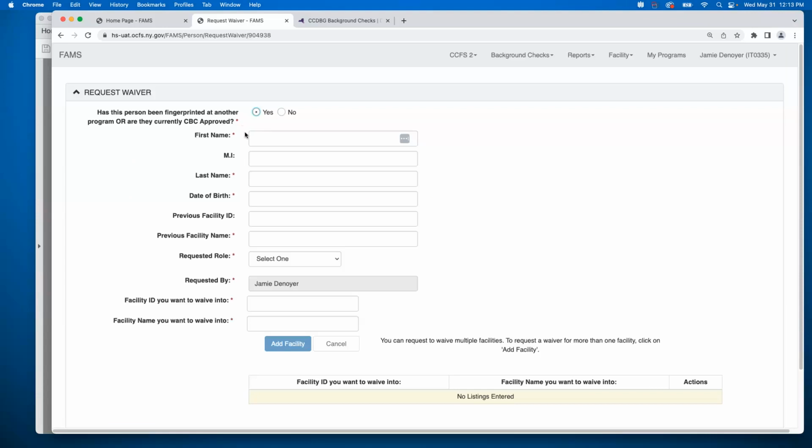Now, I enlarged my screen and somebody just said, I don't have CCFS2. You shouldn't. I'm in a test environment, so I have a couple more bells and whistles than some of you do have. All right, so for today,